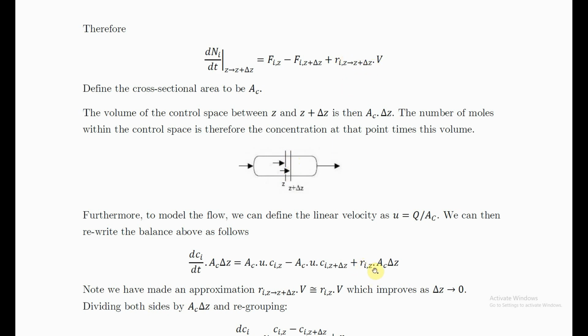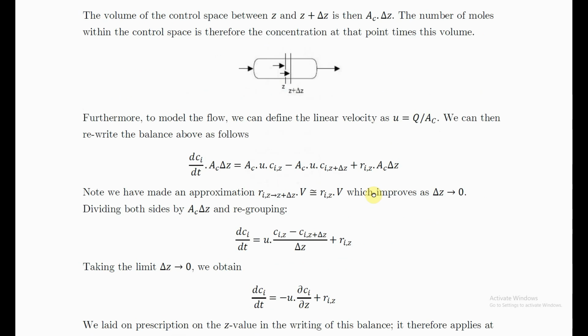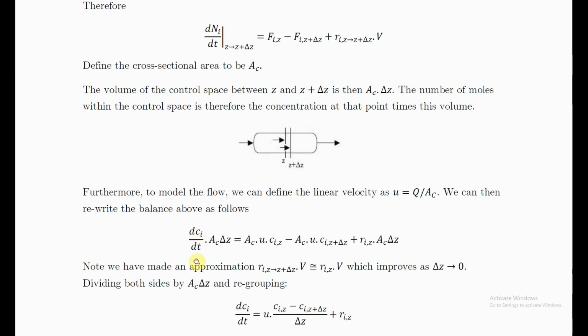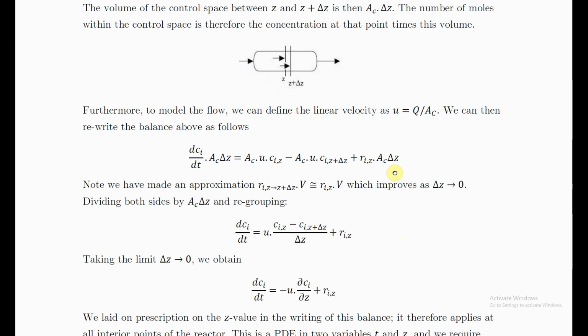And please note here also, when we take this concentration, in principle it's the average concentration across the whole disk. So this should be something like Ci average between Z and Z plus delta Z. But again, instead, we are going to say the concentration here is approximately the same as the average concentration in here, so we'll just take that as Ci at Z. So that's rate of change of moles, flow in minus flow out, and then the reaction term. Okay, and then we can go ahead and